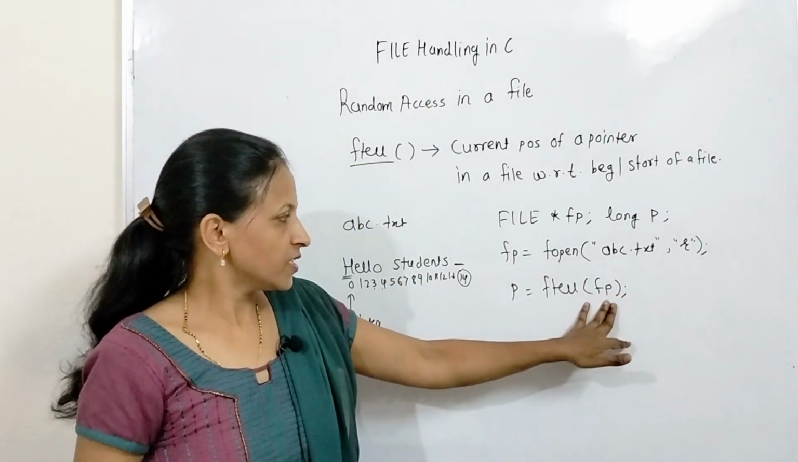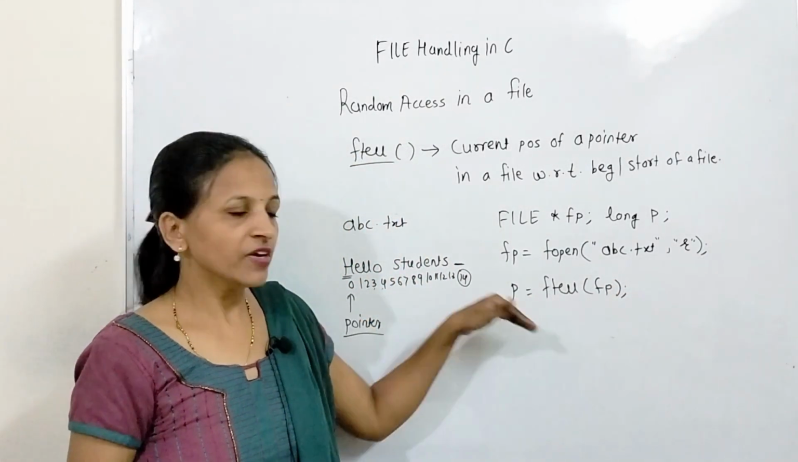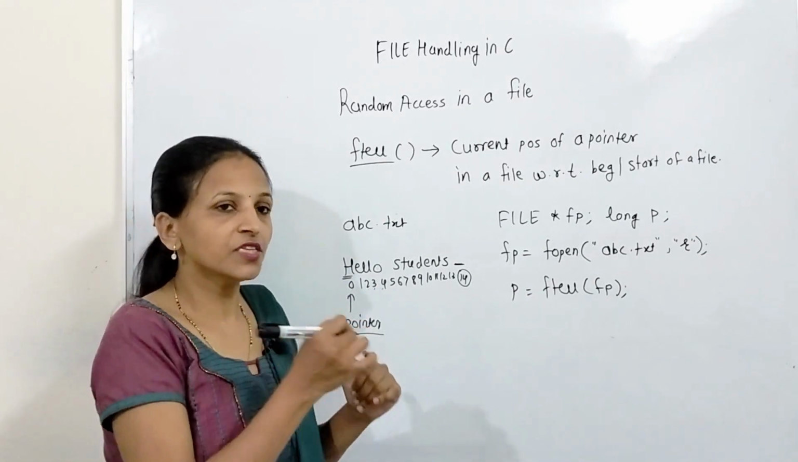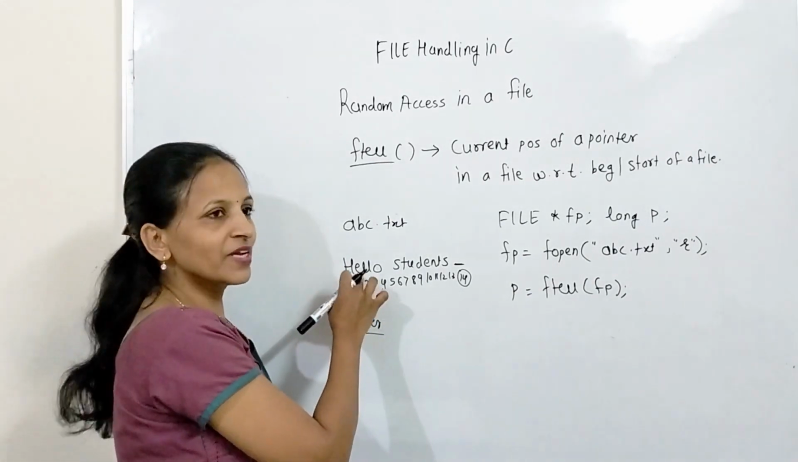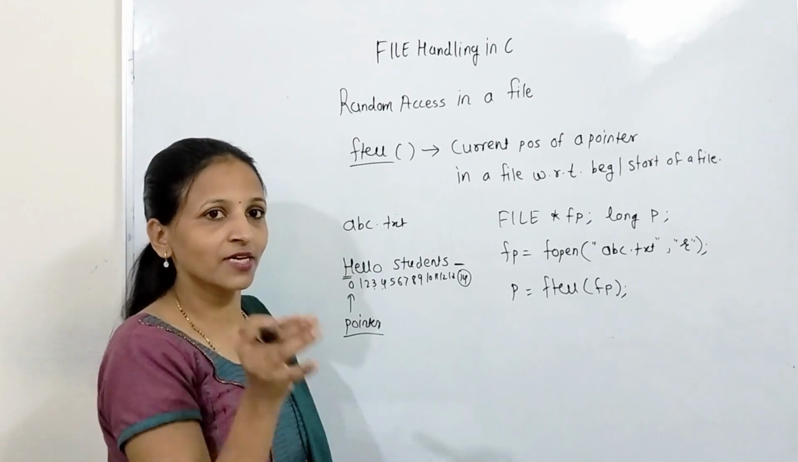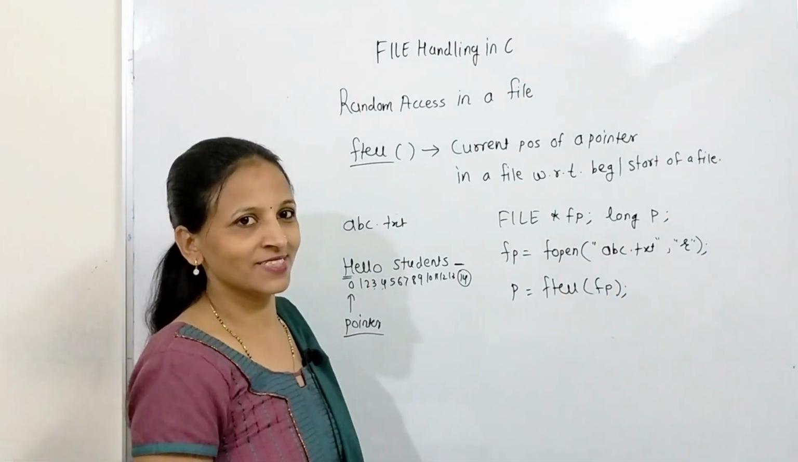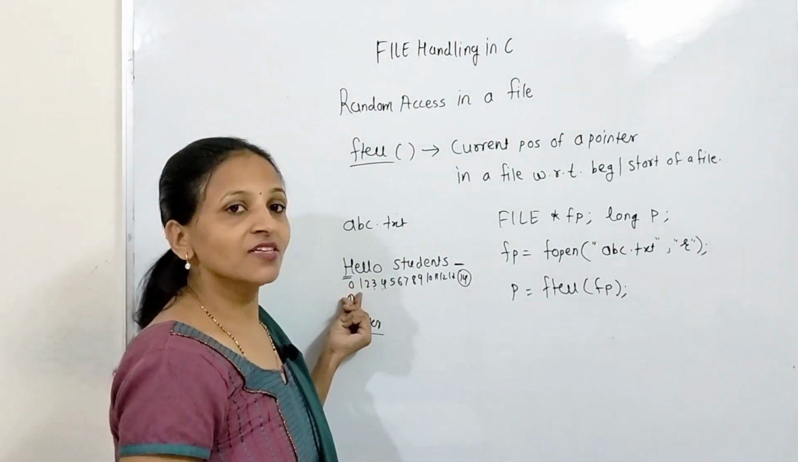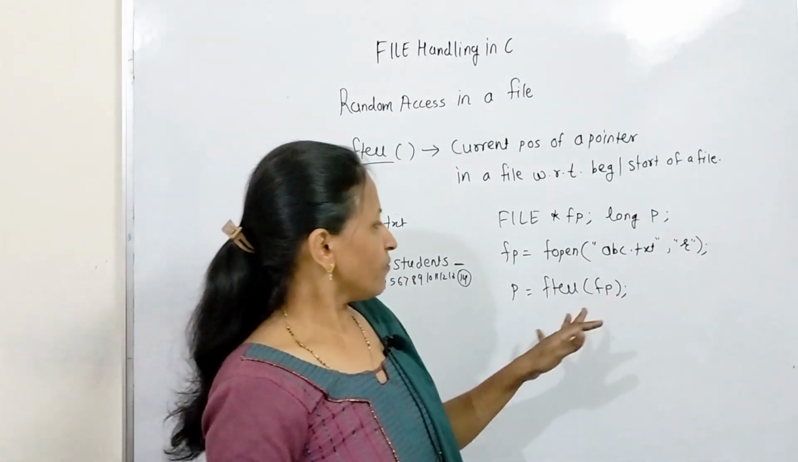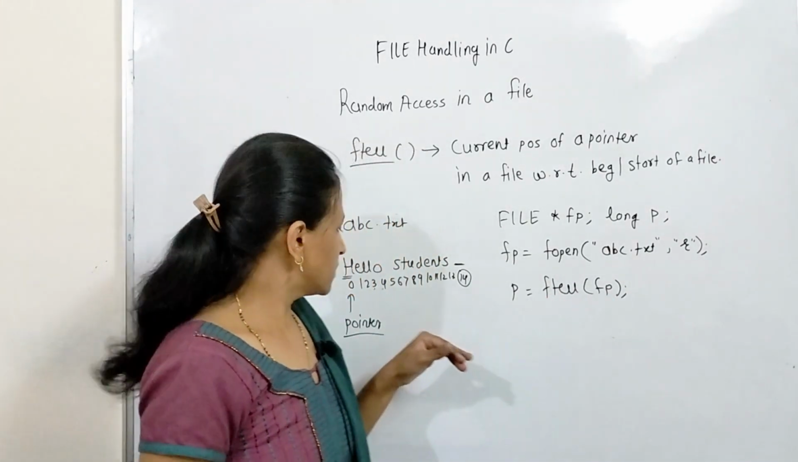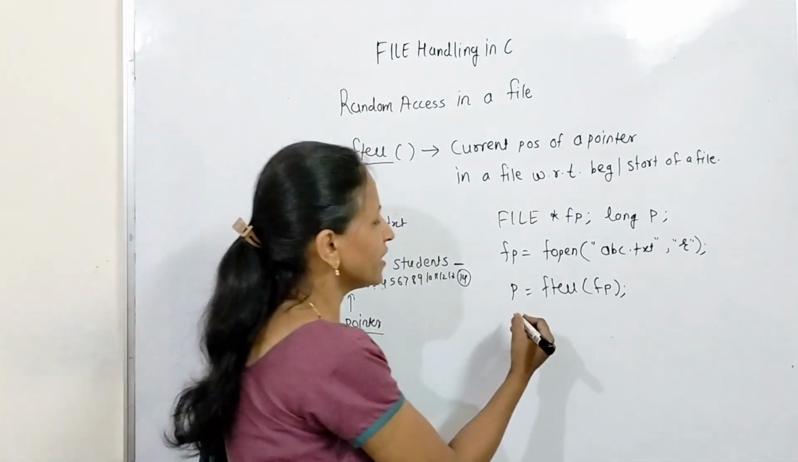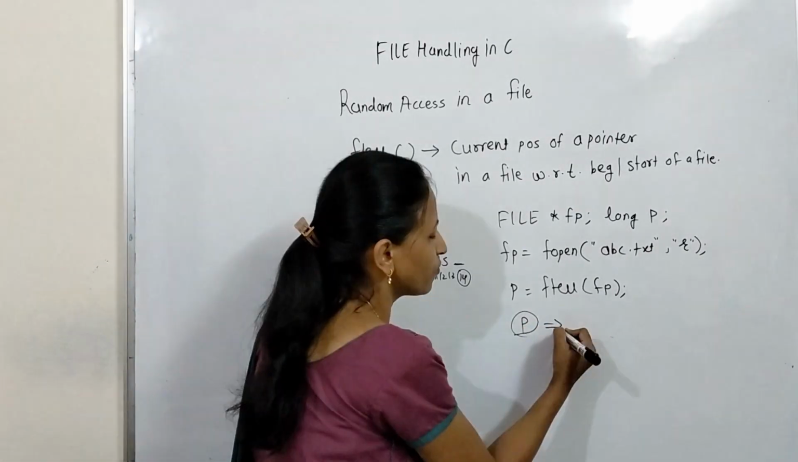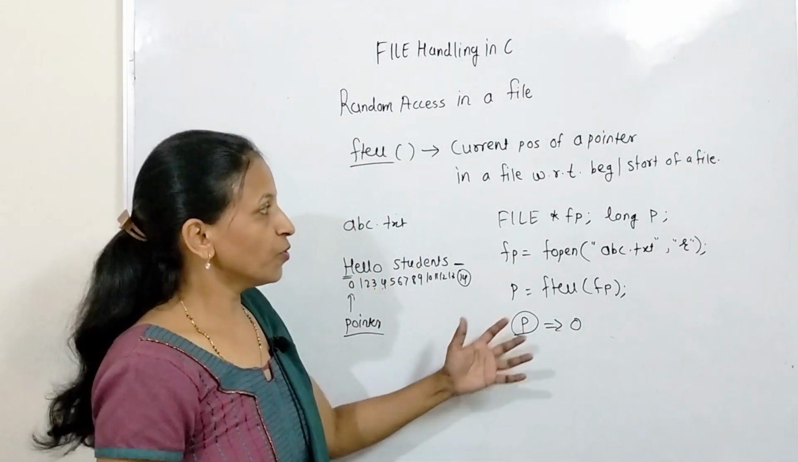If we call it like this, then inside p we will get 0 value. With respect to the beginning, it is at the 0th place, because currently the file pointer is at the 0th place. That means it will return the index. Now here the ftell function will give you, of course, value 0. If you print the value of p, then you will get 0 if you have opened that file